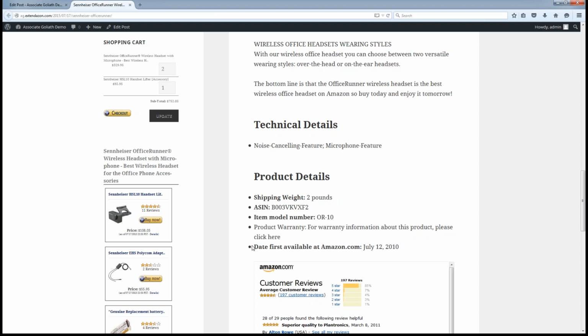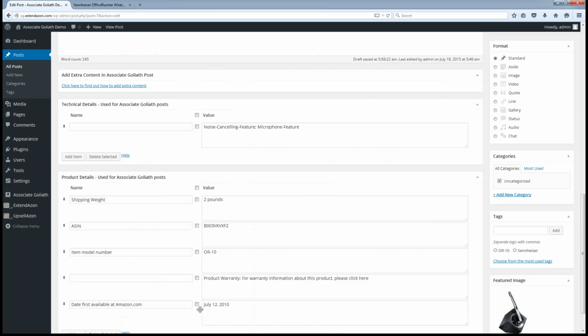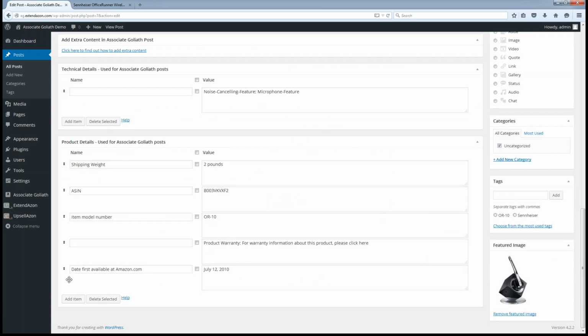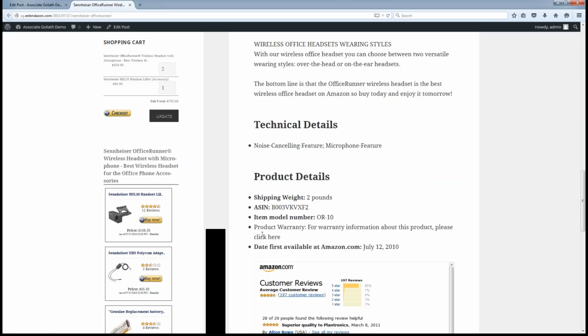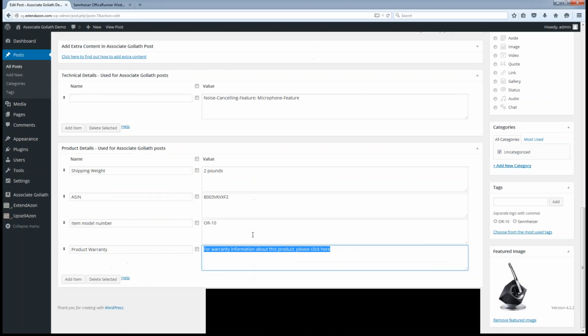You may not need some of this information, so you could choose to completely remove it if you wanted to. So for example, I could click on this one and I can delete selected and I can remove that from my list. This one right here is not formatting correctly, so I could adjust that. And it's also talking about clicking here for warranty information. It's not actually going to be a clickable link right here. So again, certain little things like this can go a long way to making your site more user-friendly and to